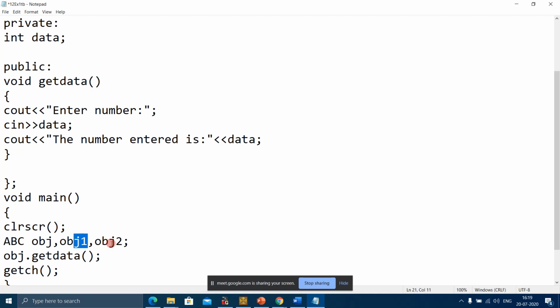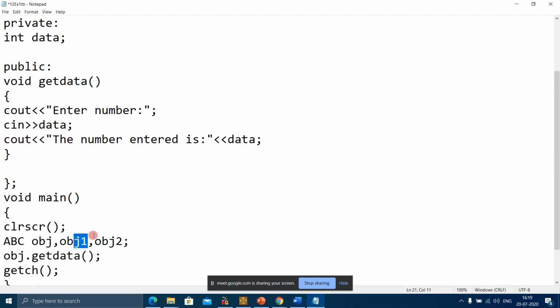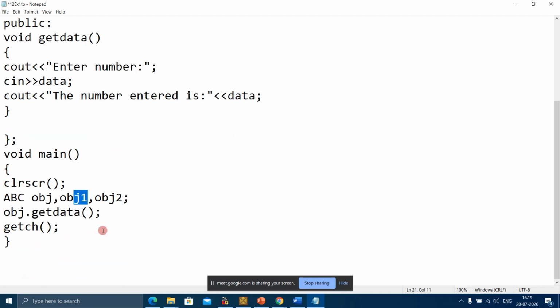Now what this statement means: if for obj data is 4 and for obj1 data is 5, they are independent of each other. They have their own internal state. If for obj data is 4, it's not necessary that for obj1 data will be 4. The value of data might be different because they have their own copy of data members.